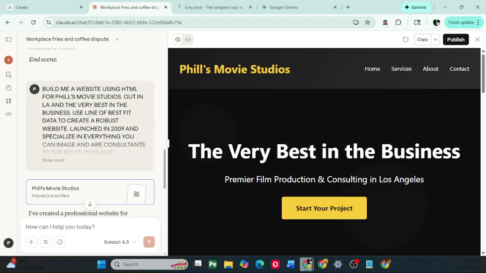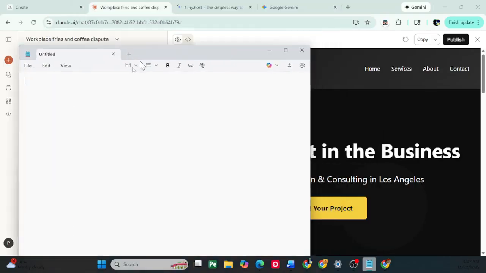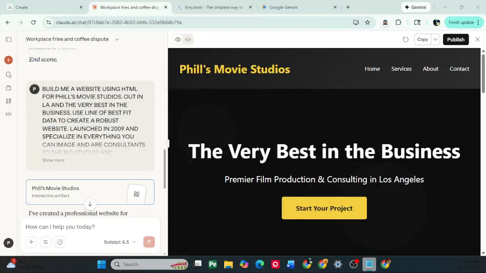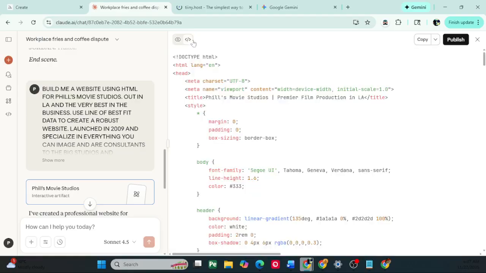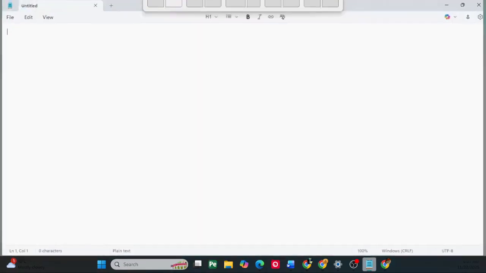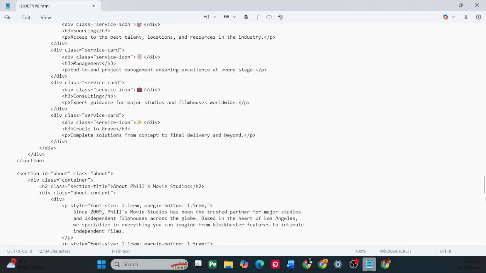So to make it like a real website, you need this thing called a notepad. That's the first step, right? Your notepad is where you're going to paste the code. Okay? So your notepad staring at you in the face on your machine, now is time to put it to good use. So let's get it on the code, and then we're going to hit copy, and then we're going into the notepad, and we're going to press or right click and paste, or you could do Control V if you're a shortcut expert